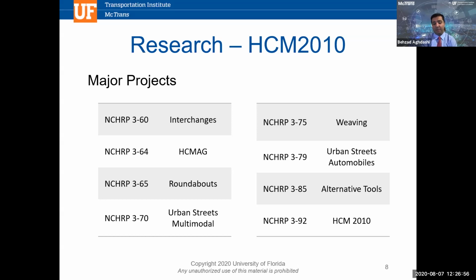For the first time, roundabout methodology got embedded into HCM. New urban streets multimodal methodology got into HCM 2010. New freeway weave segment methodology out of NCHRP 3-75 found its way there. And then another project on urban streets, and another project on alternative tools,